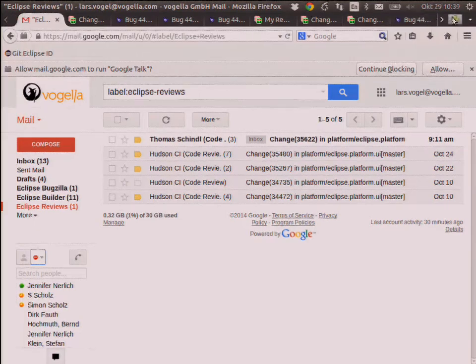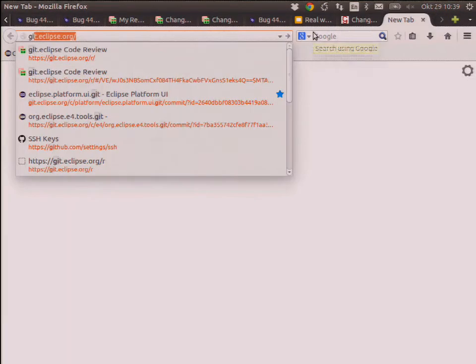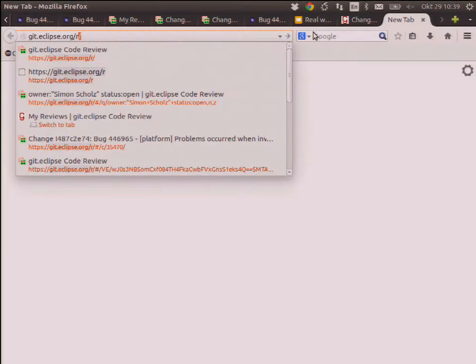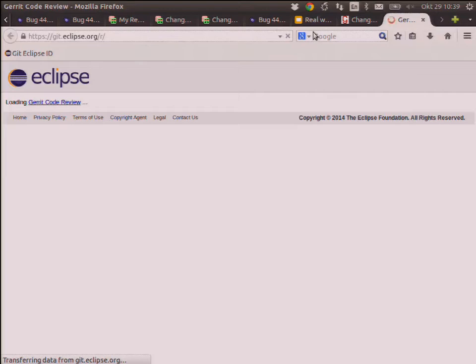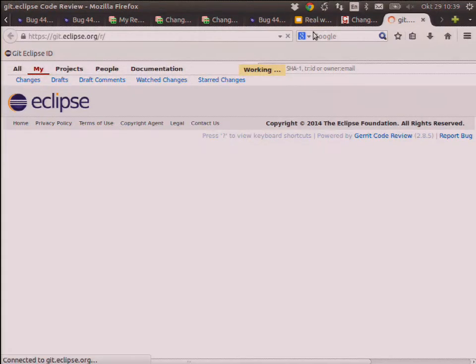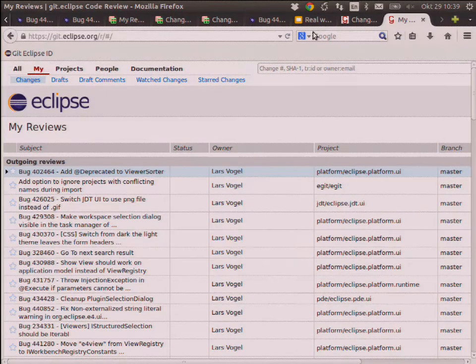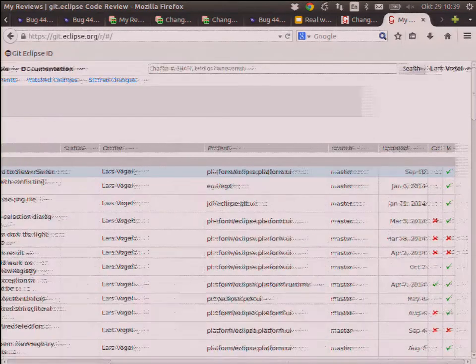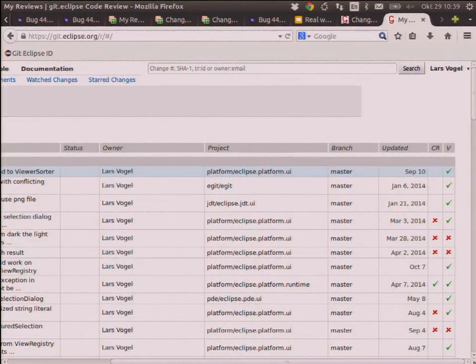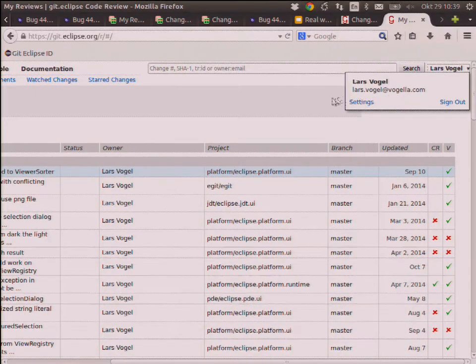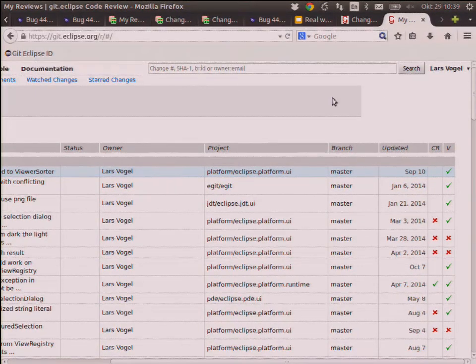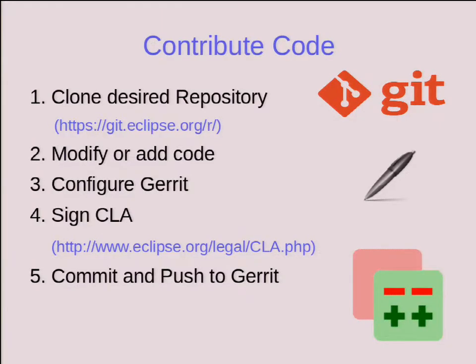So basically, you go to eclipse.org, geteclipse.org/r, and everything is written down. You don't need to know this. There's a web interface, and if you're not logged in yet, you will see all the reviews which are publicly available. All the reviews from Eclipse are publicly available, and then there's a little button here, create a user, and we just create a user, right? Like you know it from every web interface.